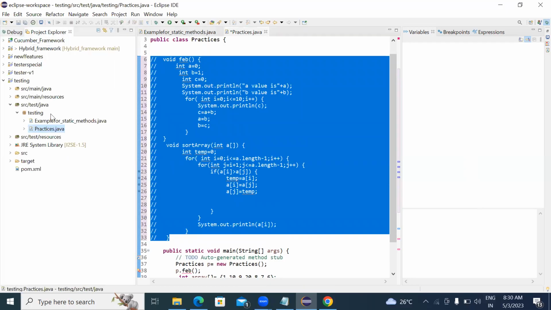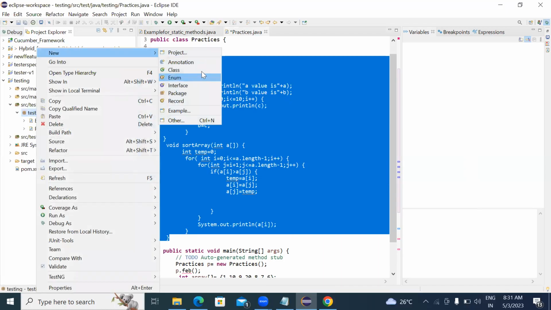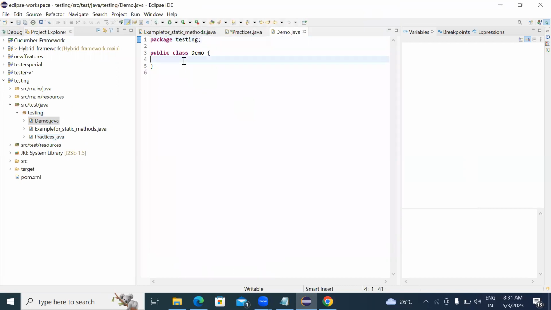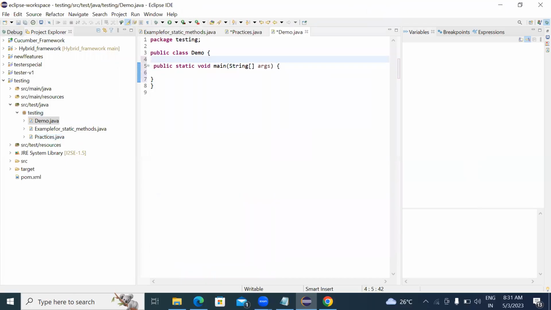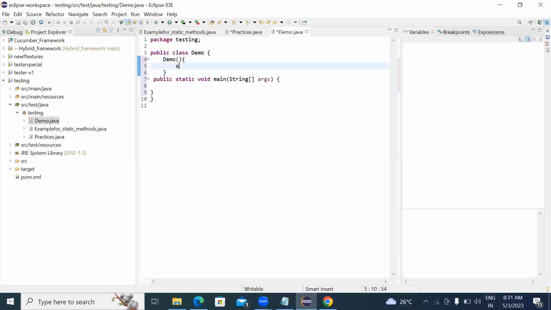I'll create one more class. Right click on the package, class, and I'll name it Demo. Here we need to write a main method as well. The class name is Demo, open curly braces, and here this is the constructor. This is called a default constructor. Inside that, I'm writing a print statement, System.out.println, and here I will write "constructor"